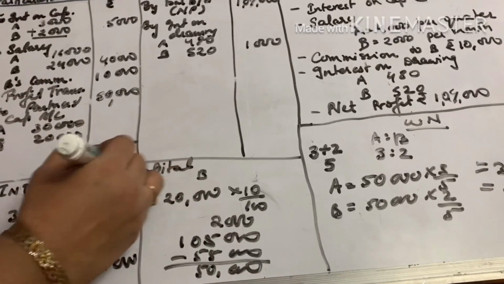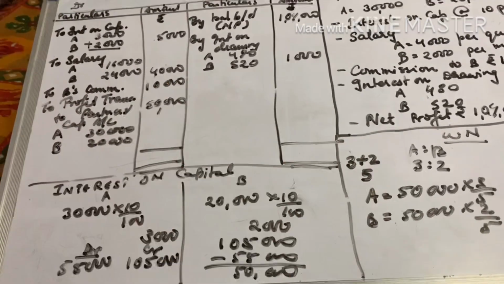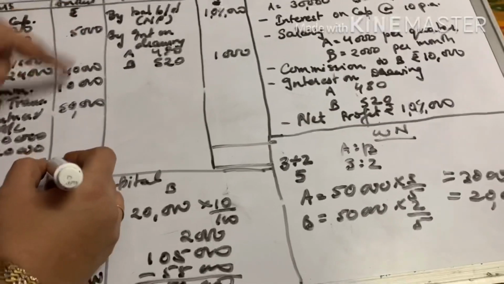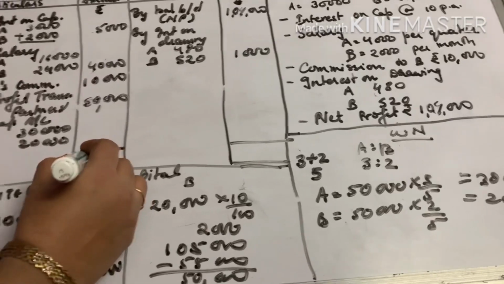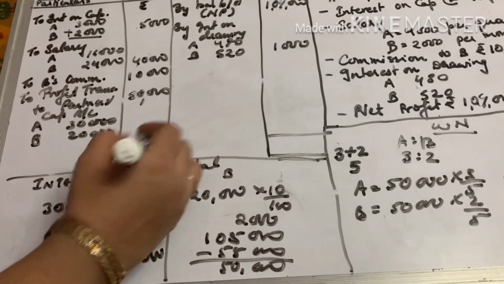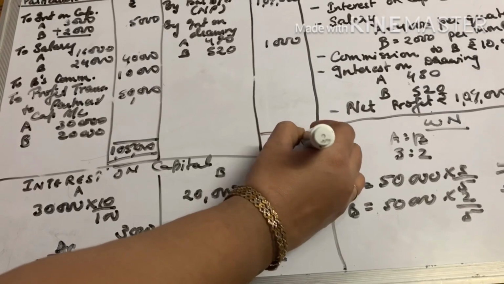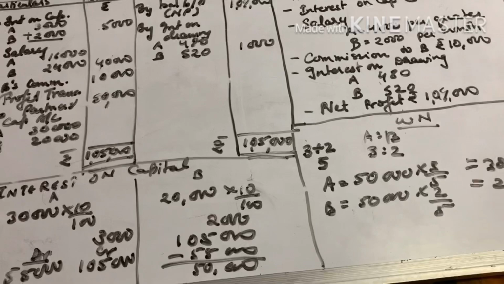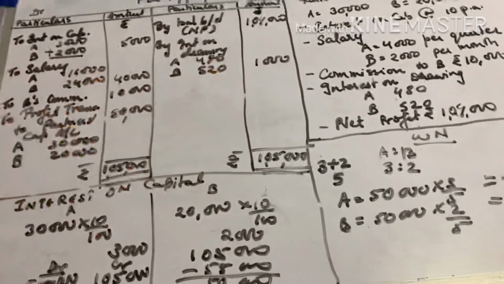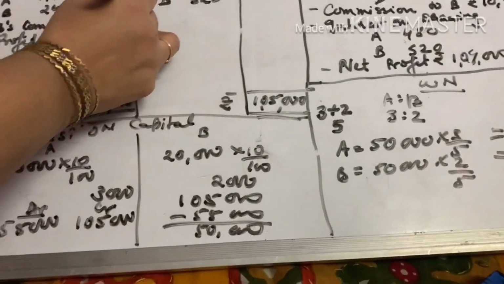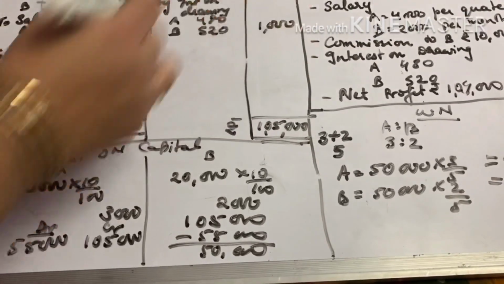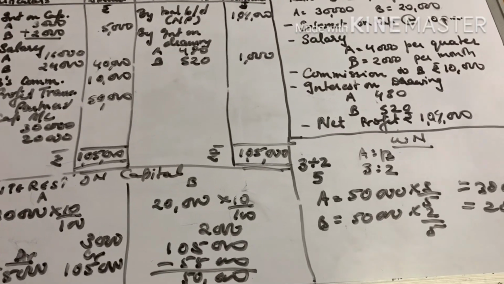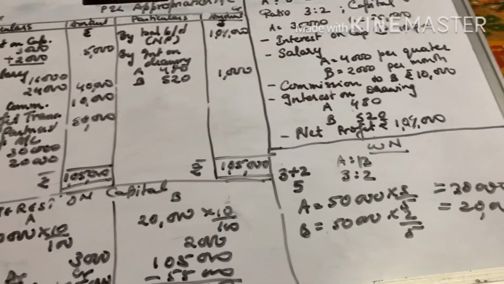Then you add and write the total on the bigger side. Both the totals will come the same, 1,05,000, the total which was of the credit side, the bigger side. But always remember that the totals will always come the same. Put the rupee sign here also, put commas. If I am not putting commas, it is because I have less time and less place to write, but you should have a habit of putting commas, using rupee symbols, and writing the working notes properly.